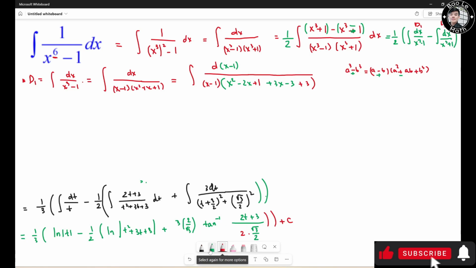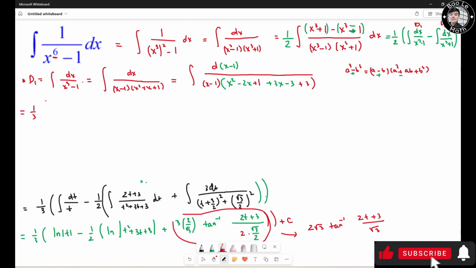So this turns out to be 2 root 3 tangent inverse of 2t plus 3 over root 3, right? Now remember that we just used substitution, using t as s minus 1, right? So we just substitute s minus 1 back over here. So it turns out to be